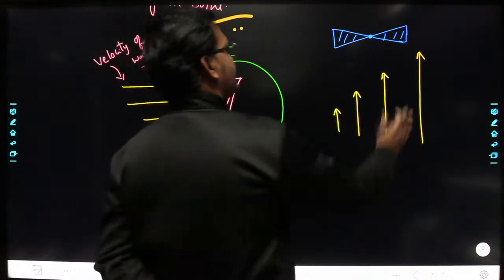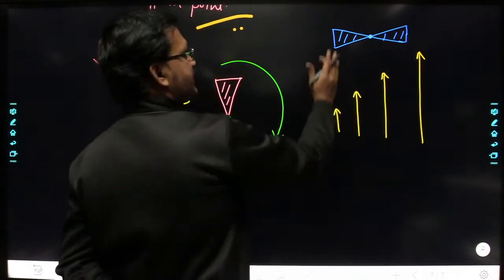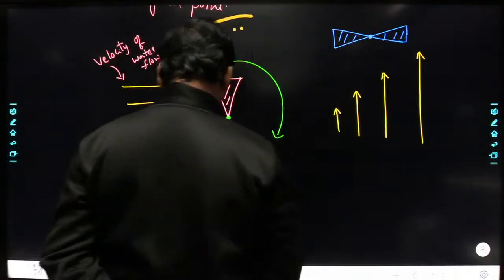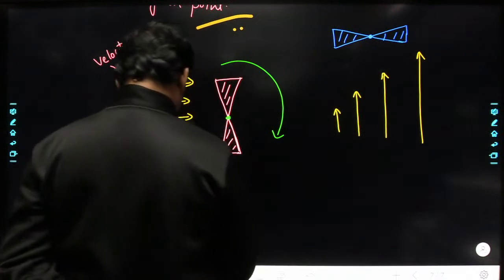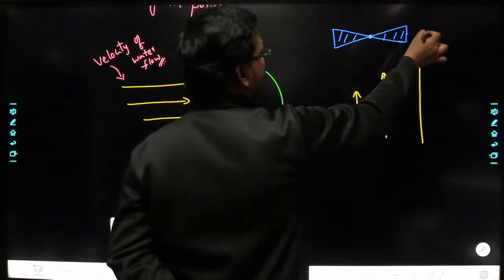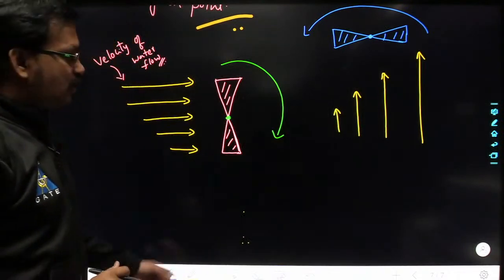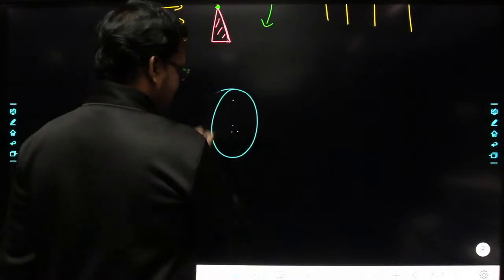See here, on this side it is hitting with more velocity, and on this side it is hitting with lesser velocity. So this object will tend to circulate in which direction? It tends to circulate in anti-clockwise direction like this. Right. Now if I consider another field here,